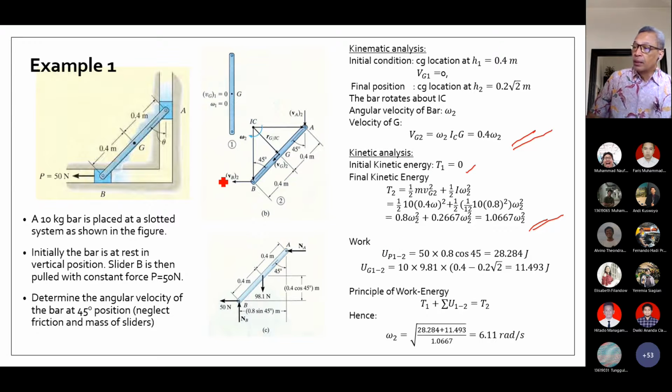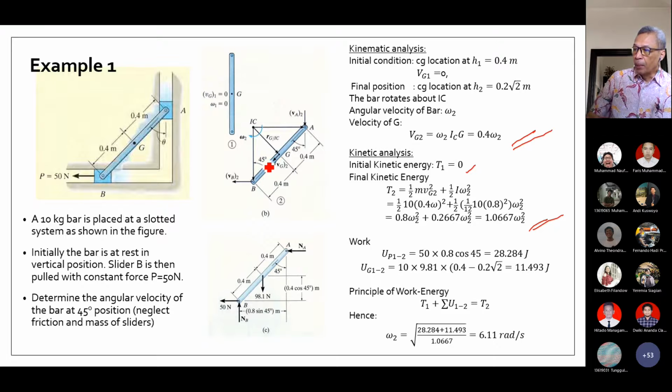Kemudian untuk kondisi yang kita diminta untuk menganalisa, 45 derajat, kita tahu bahwa gerakannya adalah titik A selalu bergerak dalam kecepatan vertikal, B selalu bergerak dalam kecepatan horizontal. Dan untuk titik 45 derajat kita bisa mencari IC-nya, Center of Instantaneous Velocity-nya. Pakai analisis ini kita tahu dia sedang berputar terhadap satu titik di sini, yang karena sudutnya gampang, kita tahu IC-nya ada di sini dengan jarak IC ke B sama dengan IC ke A.